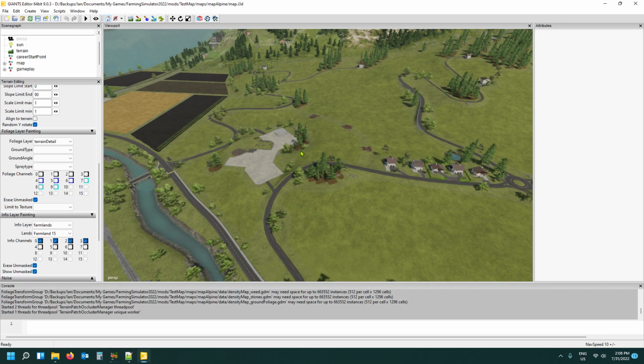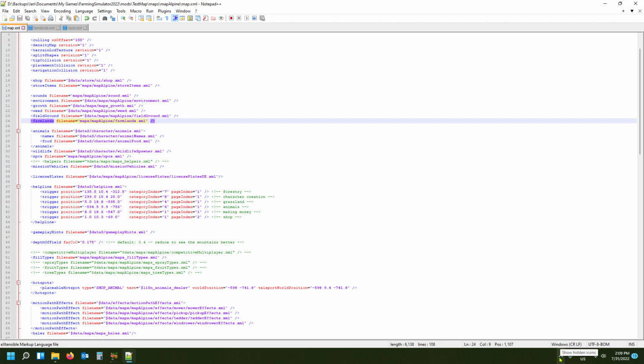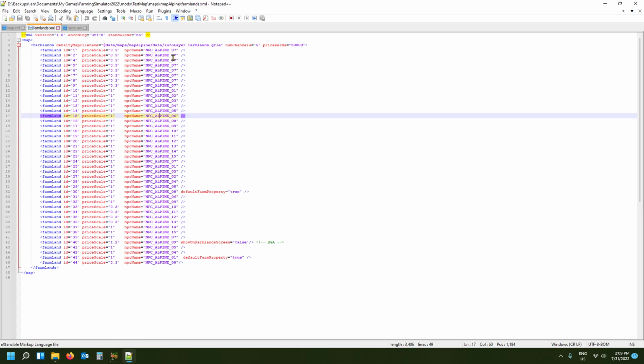So go in here, into the map. I just wanted to show you how to know which farmland is where. So that is it there. I'm not going to save anything on the map because we haven't done any changes. And then here in the farmland.xml, guys, you can now change which NPC owns which farmland as well. So if you don't like Superman to only have field 15 and 31, you can just copy the name NPC Alpine 06,